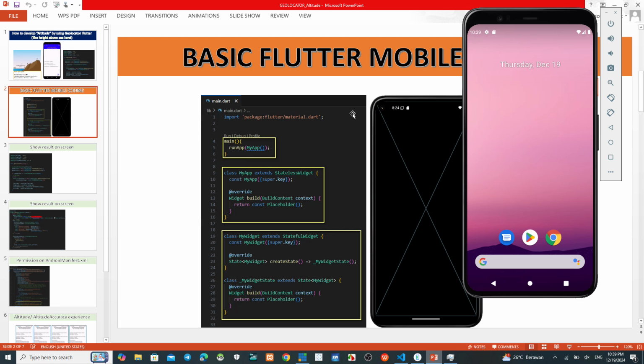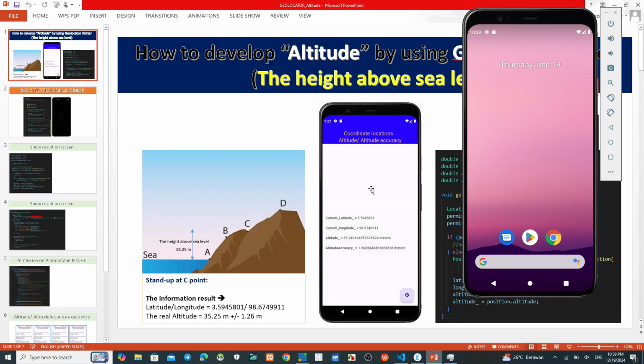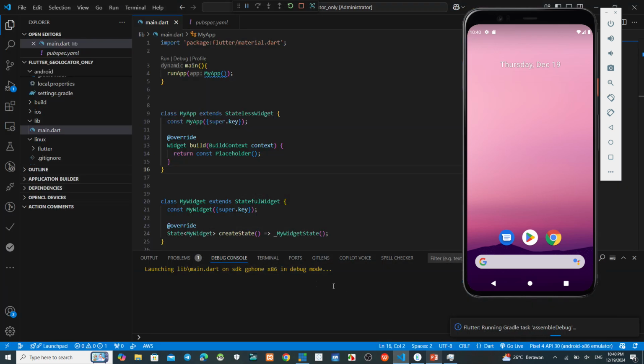After that, we make updating to develop this project become this one. My virtual device, we have the latitude, longitude, the altitude, and also altitude accuracy. Okay, this one we wait about 1 minute.